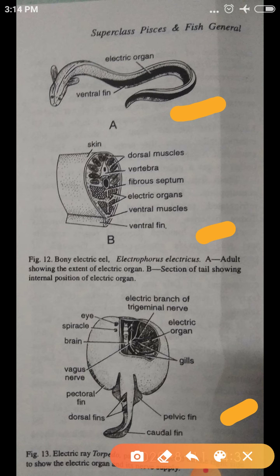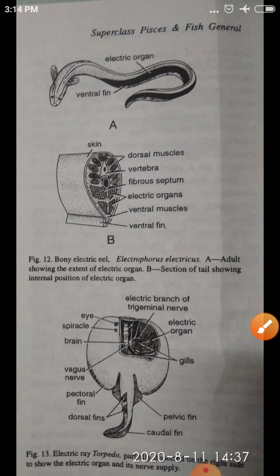So these are the electric organs. These are organs for protection and also for attack in fishes. So that's all about the swim bladder or air bladder of fishes and electric organs in fishes. These are the diagrams which are taken from the textbook of Modern Zoology, Vertebrates, by R.L. Kotpal. Thank you very much.